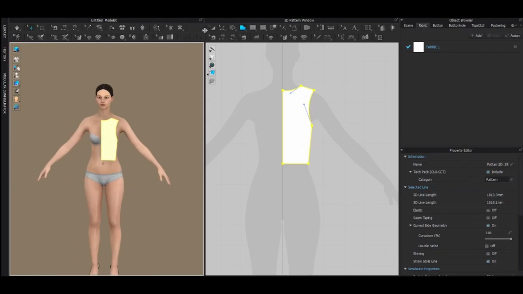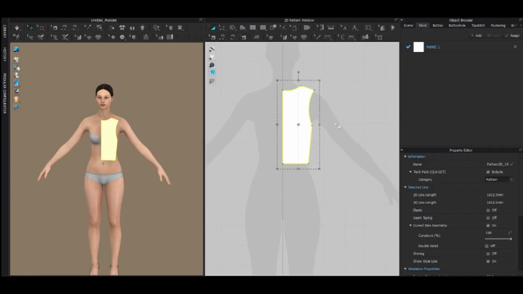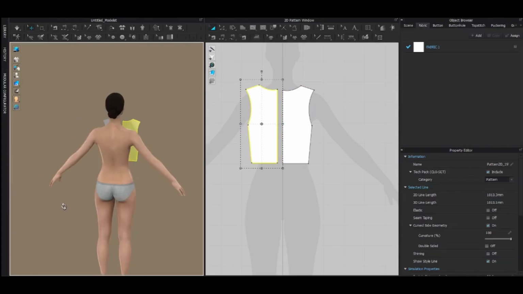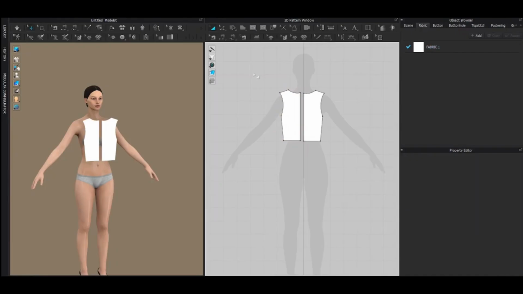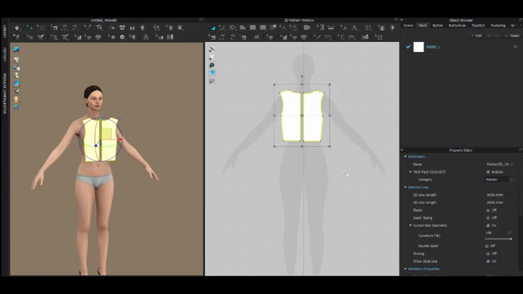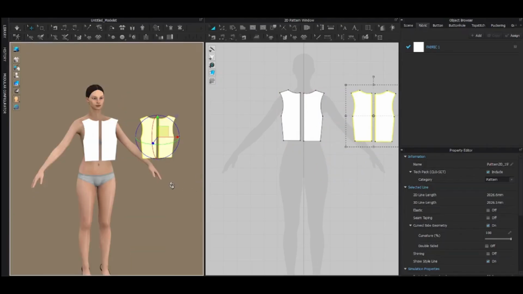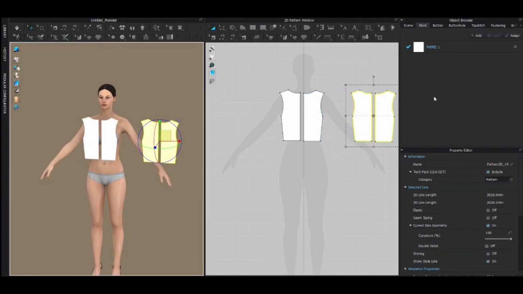Next we will select the pattern, and for that you have to click here. This is the transform pattern tool, and you simply click A and your pattern will get selected. After that you press Control C, Control V and Control R. Control R is for rotate, and now you can see that your pattern is on both sides. Now we need a pattern on the back side too. For that we will select, Control C and Control V, and now you can see that your pattern is visible on both screens, and this is for front and this is for back.